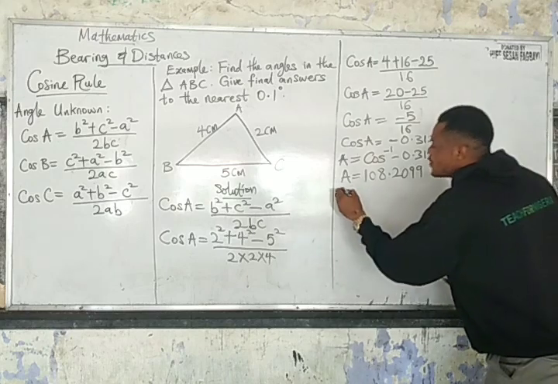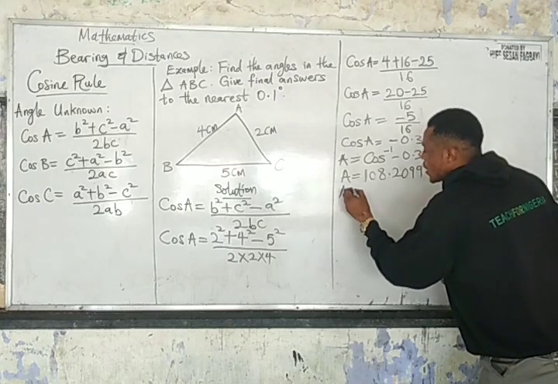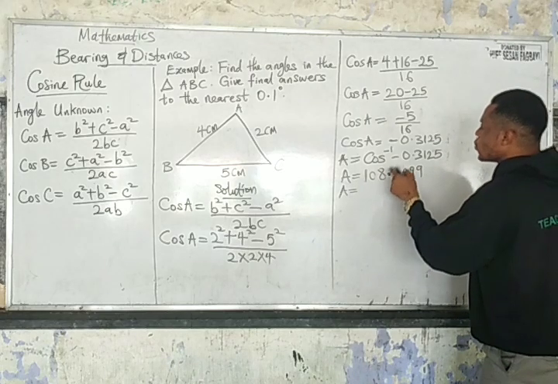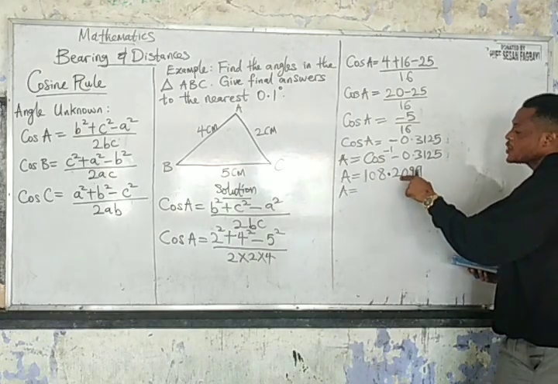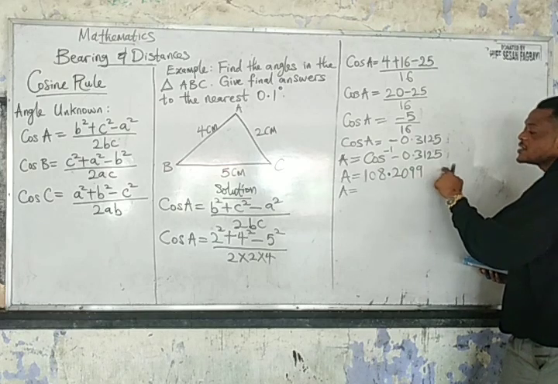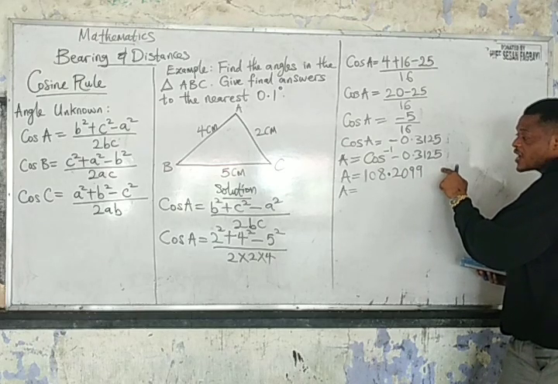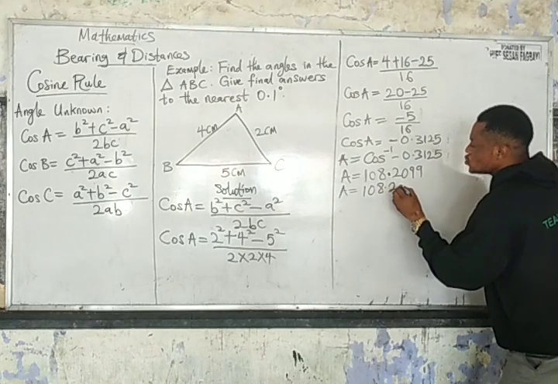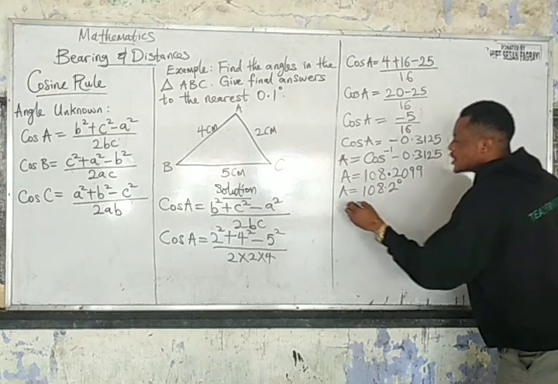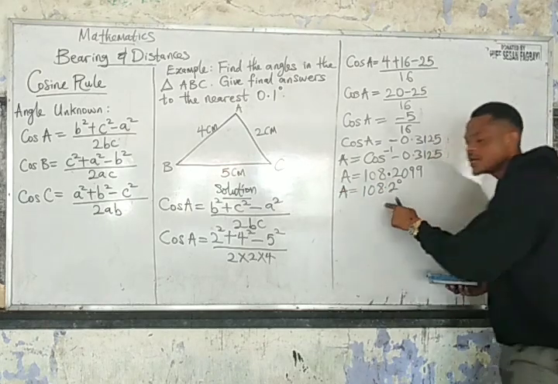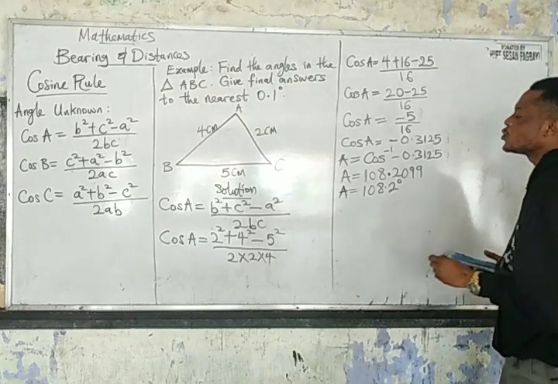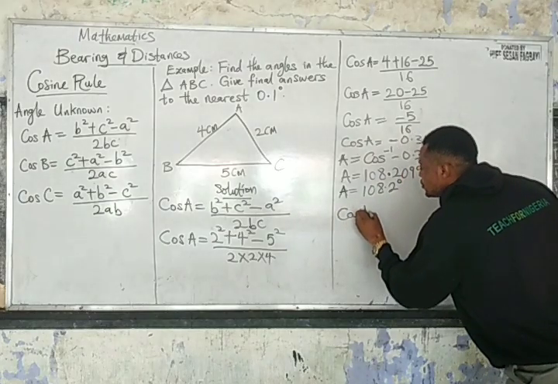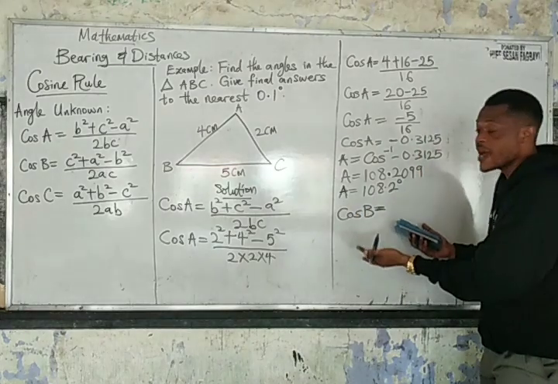So leaving this one to nearest 0.1 means it's going to be this decimal point. So we have the first decimal here. So rounding off this one is 0, so everything becomes not significant. So we have 108.2 degrees. That is the angle A. Easy. Now for the second one, which is B, cos B is going to be, we already have the formula,